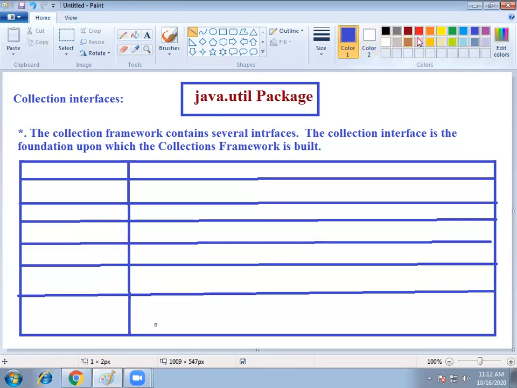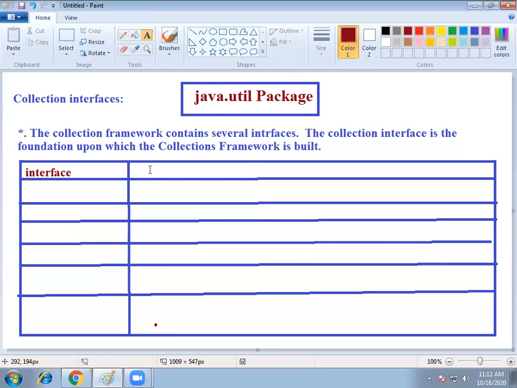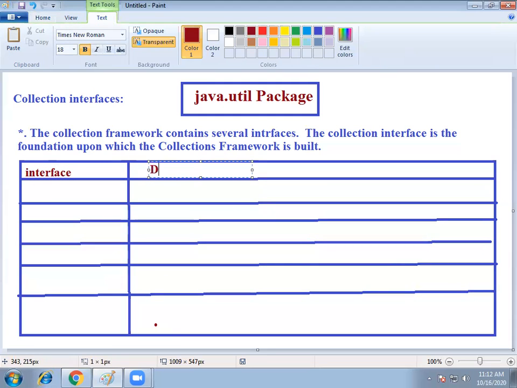Okay, so this is the interface and the description. Now what is the first interface? The collection interface. Okay, now the purpose of the collection interface is,